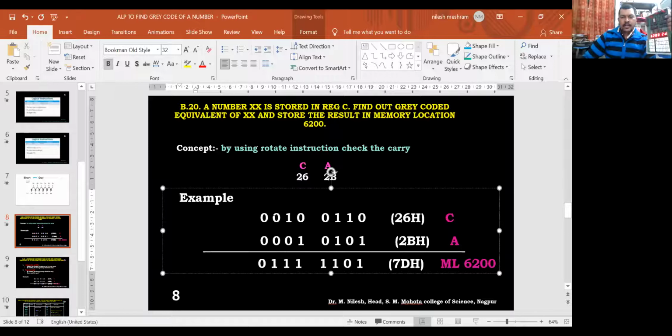So now start adding. 0, 0 is 0, 0, 0 is again 0, and this is 1, 0 will give you 1, and 0, 1 will give you 1. So it is 3. Then this is 0, 0.